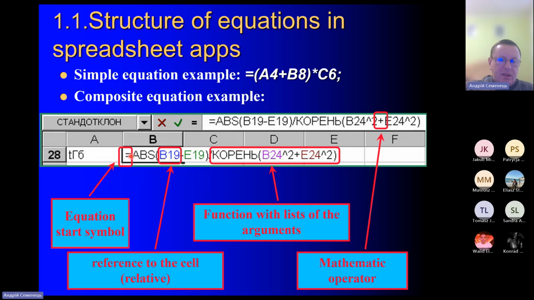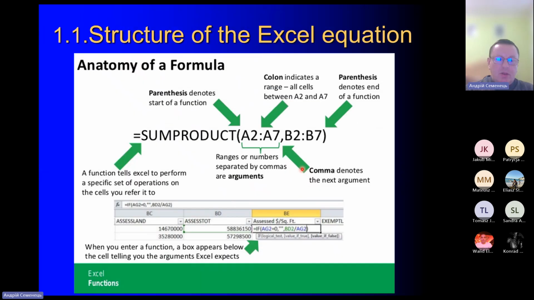We start with the equals sign, then we follow with the body of the formula, which could be composed of a mathematical equation, arithmetical formulas, or a function name along with arguments, and we supply data like a reference to a cell or arrays. So again, I am expecting you are already familiar with all this, but anyway,